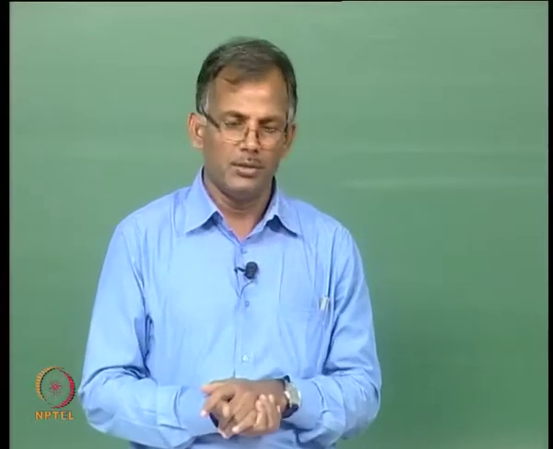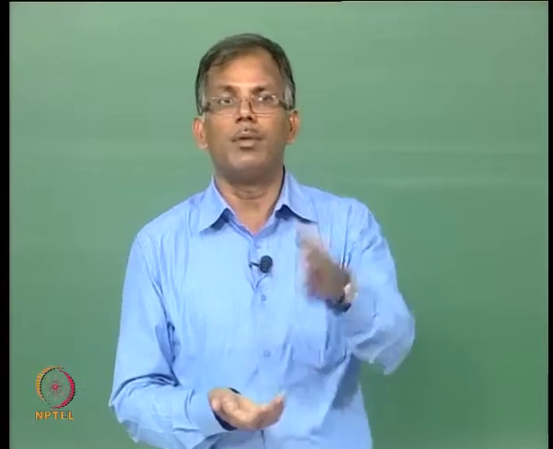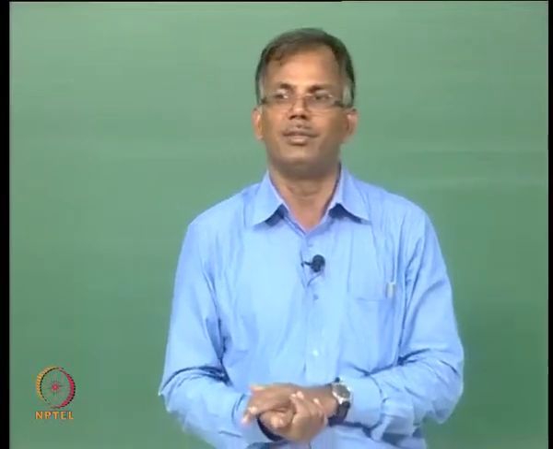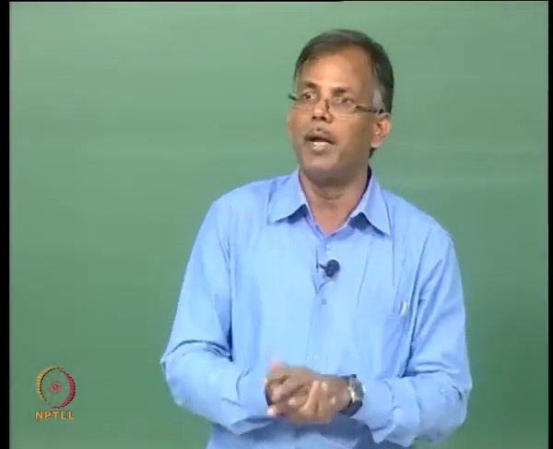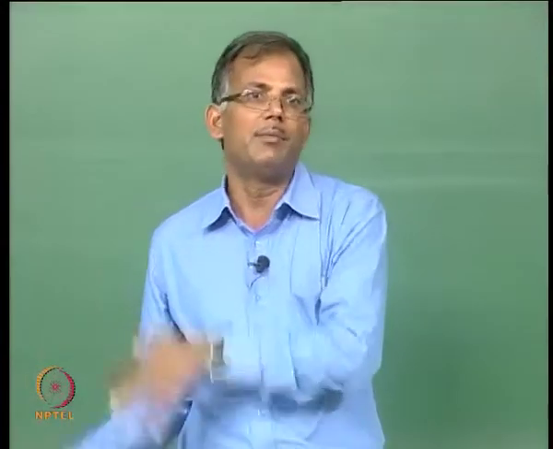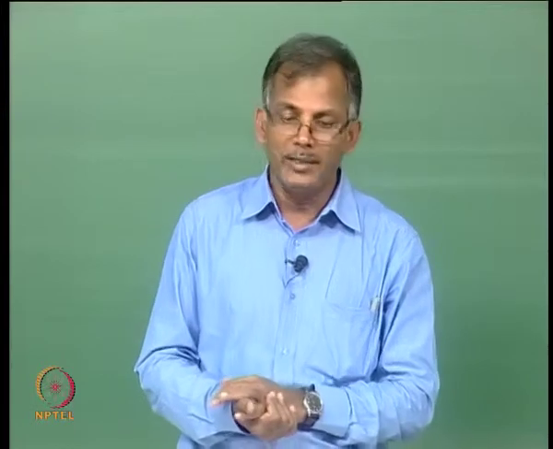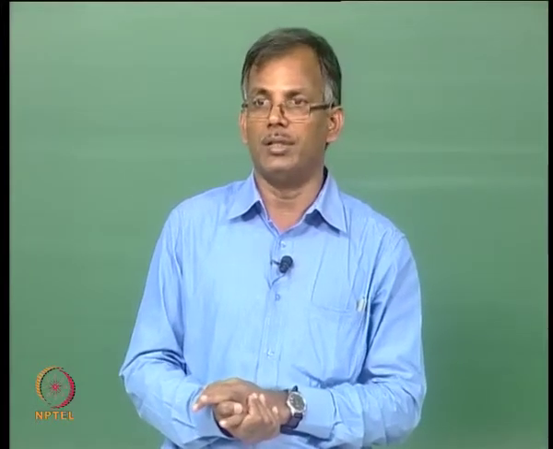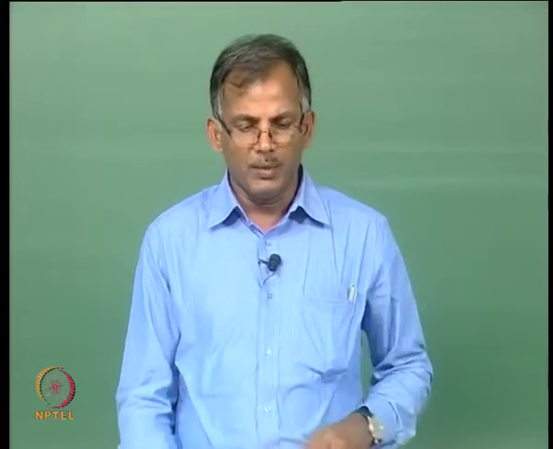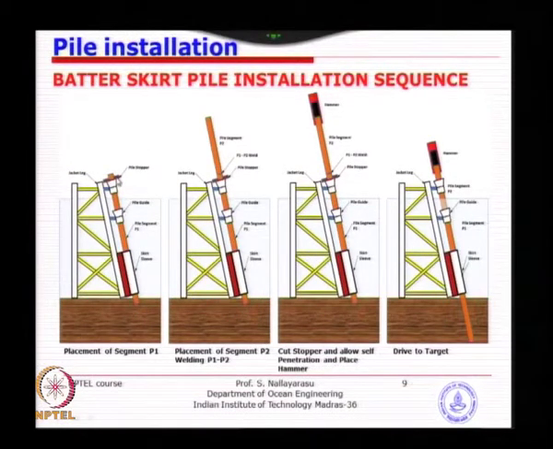But when you plan this, it should be designed in such a way that the length is just sufficient. If it becomes too long, for example, the water depth is 60 or 70 meters, and you still go for a main pile, 70 plus self penetration of 10 meters and sticking up 10 meters becomes 90 meters. A 90 meter section is long to be lifted. So what normally people do is use something called a pile stopper. You weld a small piece of steel, and when the pile is going inside, the pile will be stopped from going down any further.